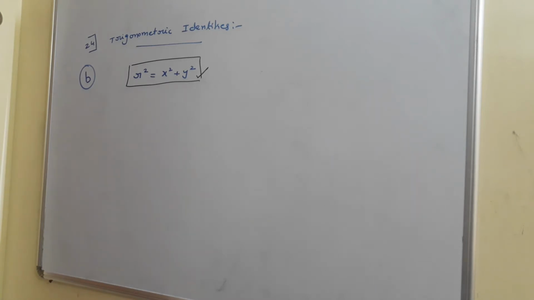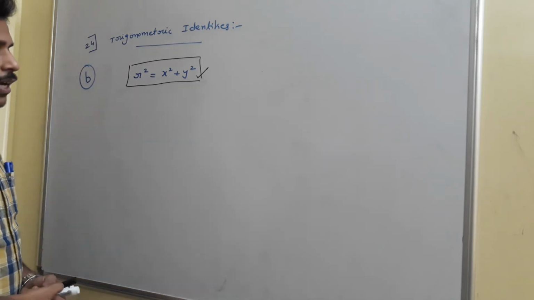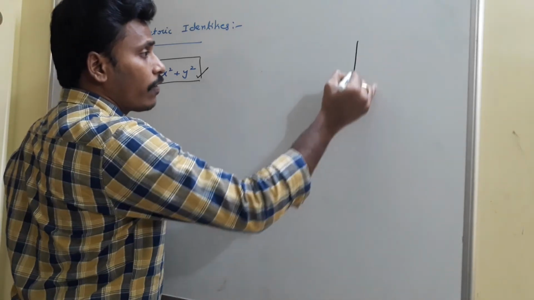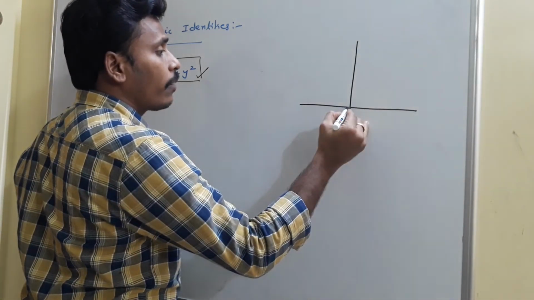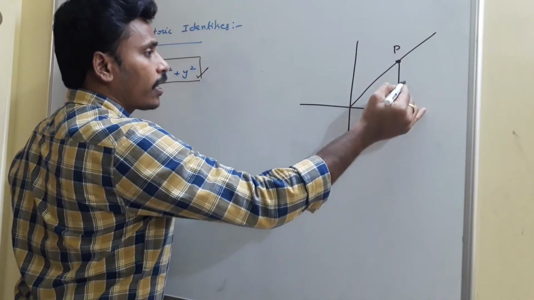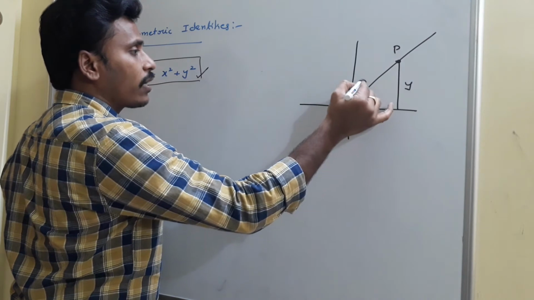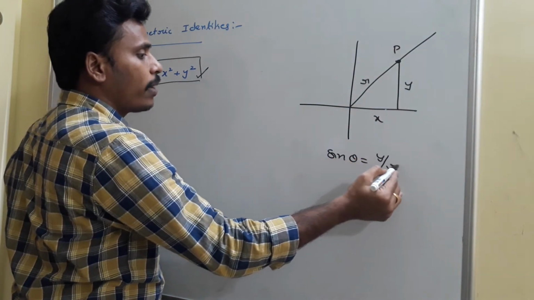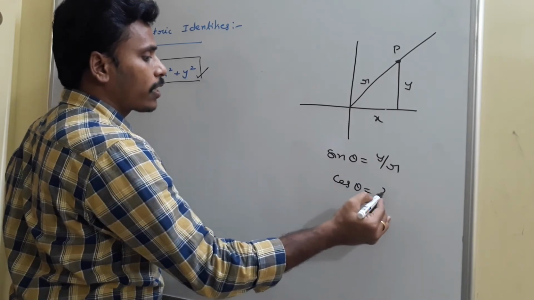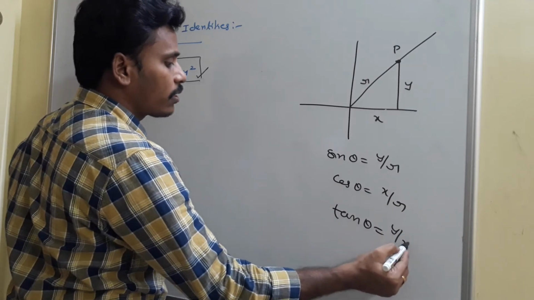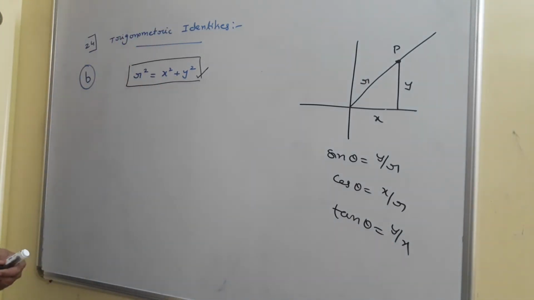Now for the second bit, b, I have to divide everything with either x square or y square, right? See, already I have the basic definitions. Once again I am repeating: what are the basic definitions? For the angle theta, if you construct the terminal ray and take a point P with corresponding x, y and corresponding r, then sin theta is equal to y by r, cos theta is equal to x by r, tan theta is equal to y by x. You have all these things. With the help of all these, I am going to prove the second identity.